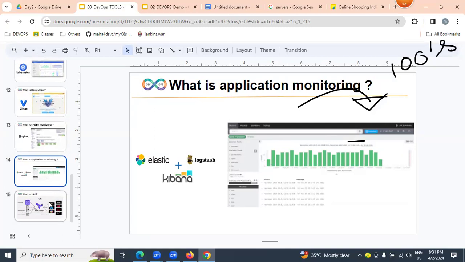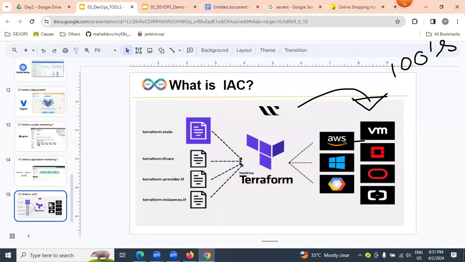And we're going to learn Terraform. Terraform is a cross cloud platform. With the help of Terraform, we can create infrastructure in any cloud, either Azure or AWS or Google. It is a cross cloud platform. See, I'll repeat.